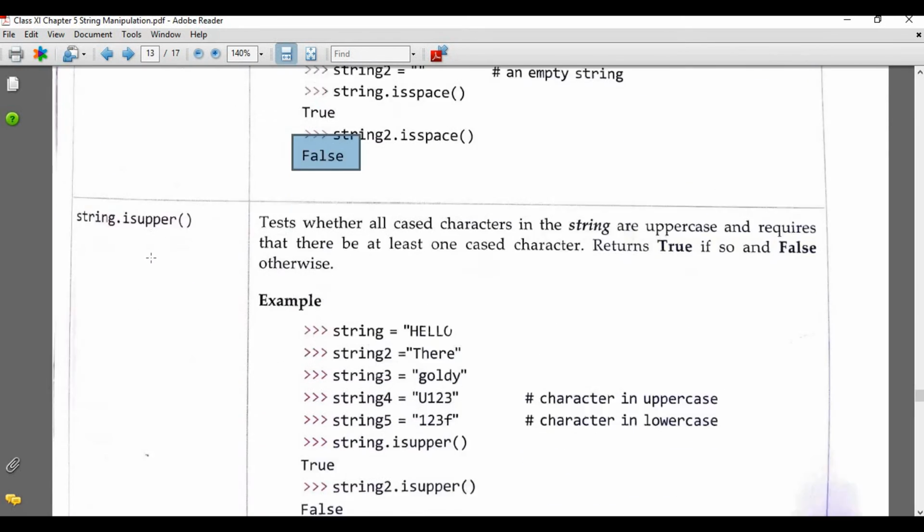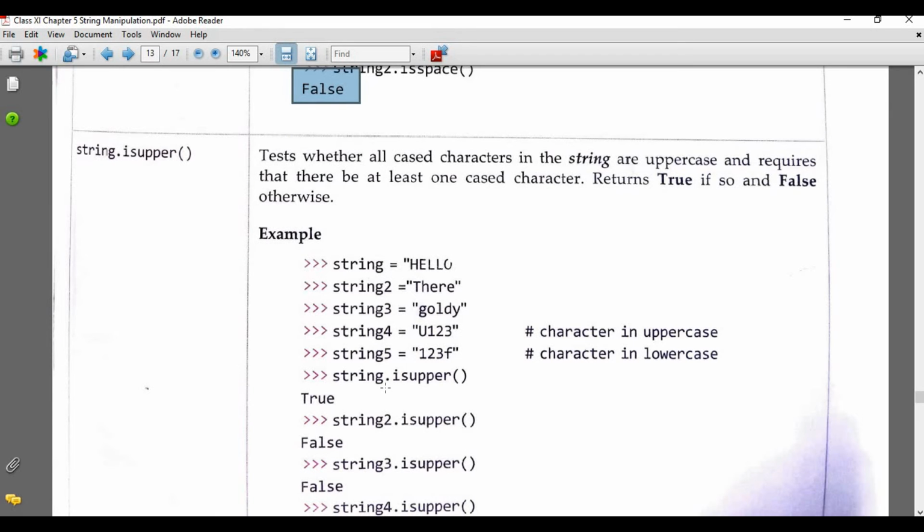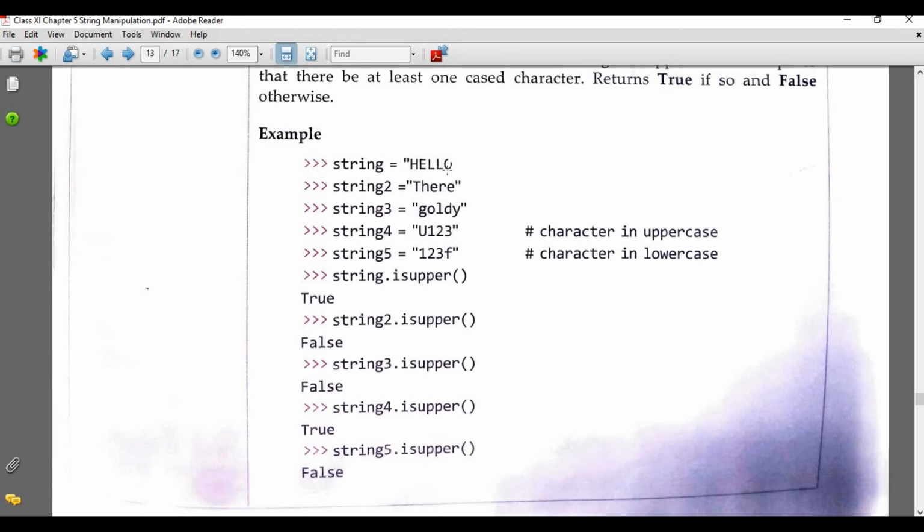Now, isupper. It is the opposite of islower. Here it will check whether the string is in uppercase or not. If all the characters are in uppercase, it will return true; otherwise, it will return false. Now see this: in HELLO, all the characters are in uppercase, so it will return true. Here it is not, so false. String 4 is written true.